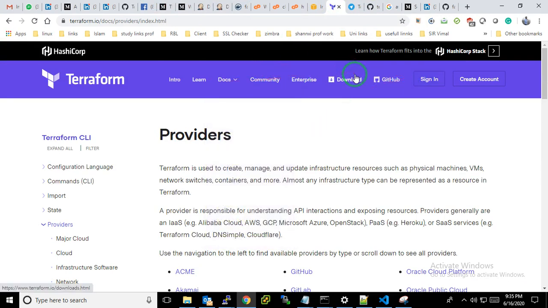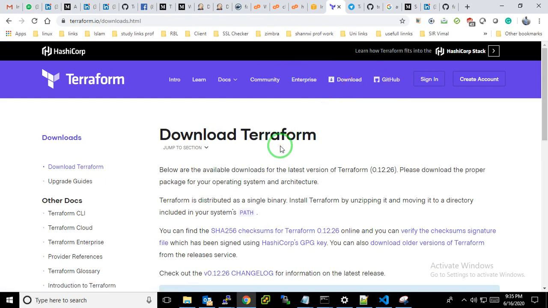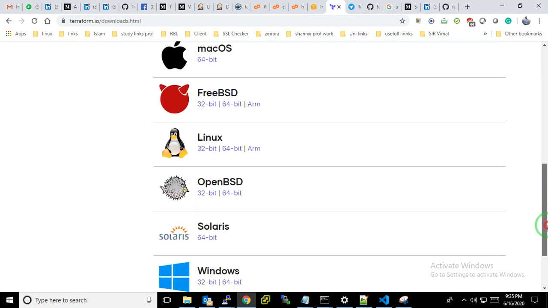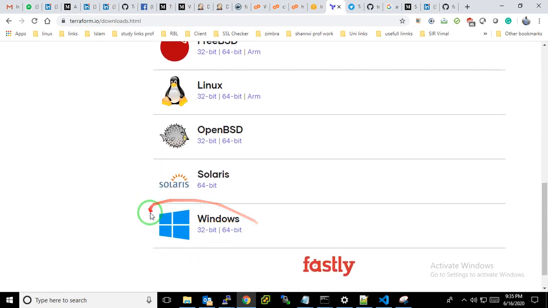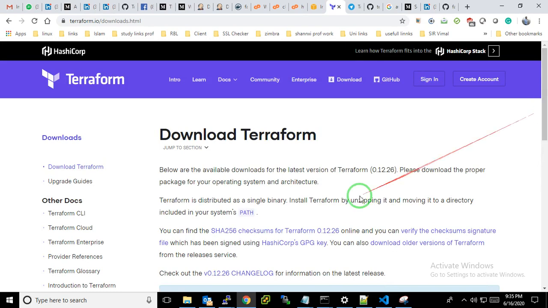You can download it here. It's available on all versions. I am using Windows, so I am downloading that one, and I have downloaded it as well. Once you download it, you can go for the exe file, double click on it and install it on your Windows server.